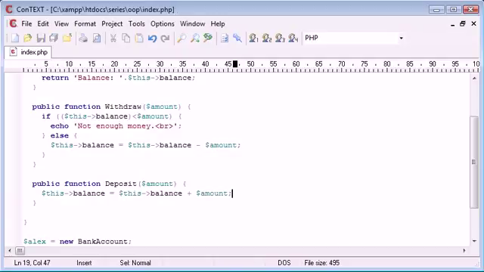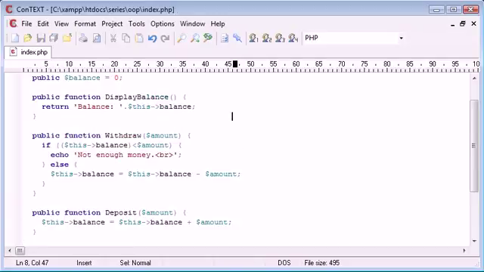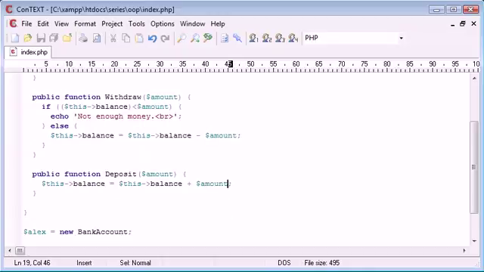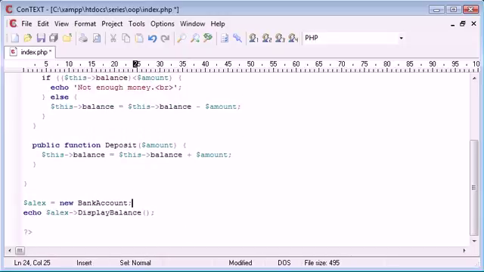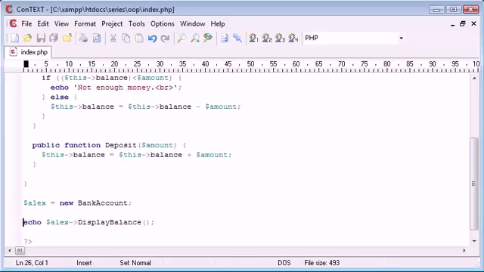So we're starting balance out with 0, so our balance is 0. With this deposit method, we're taking in an amount with an argument here, and we're adding it to our current balance. So let's go down and check that this works. So we're displaying our balance here, and we are updating our balance in here. So again, we use Alex, and then we say